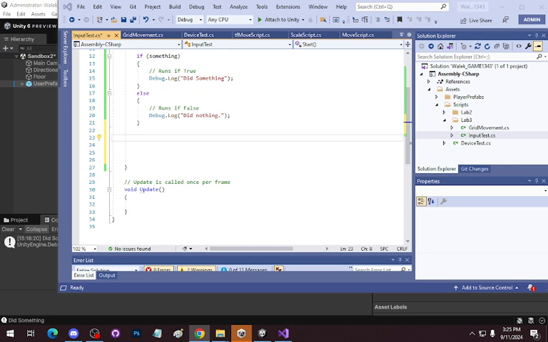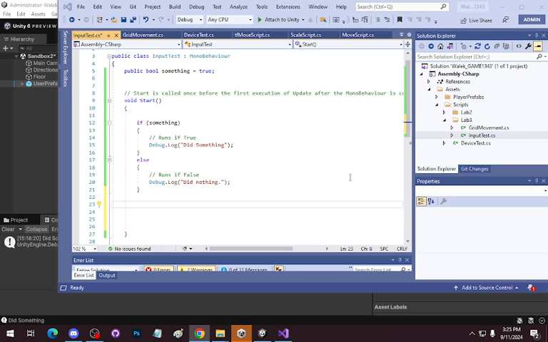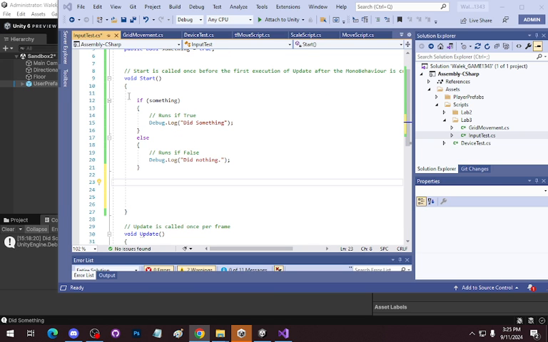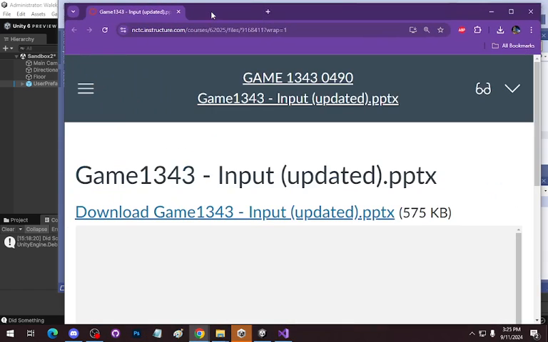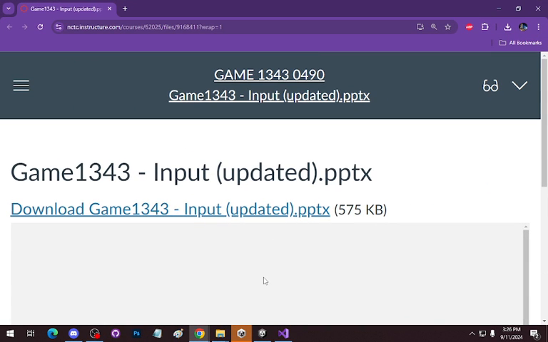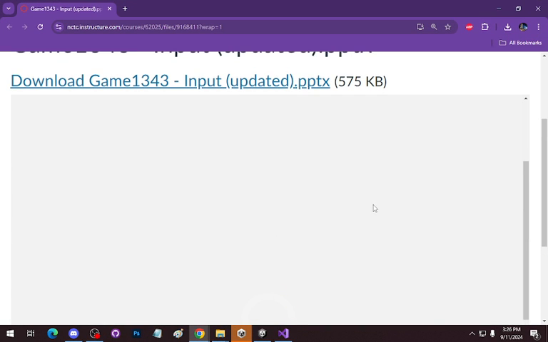All right. So the goal is that in this lab you're going to use if statements to do something. All right, so let's talk about input. Now I'm going to run through the first half of these slides really fast because they are about